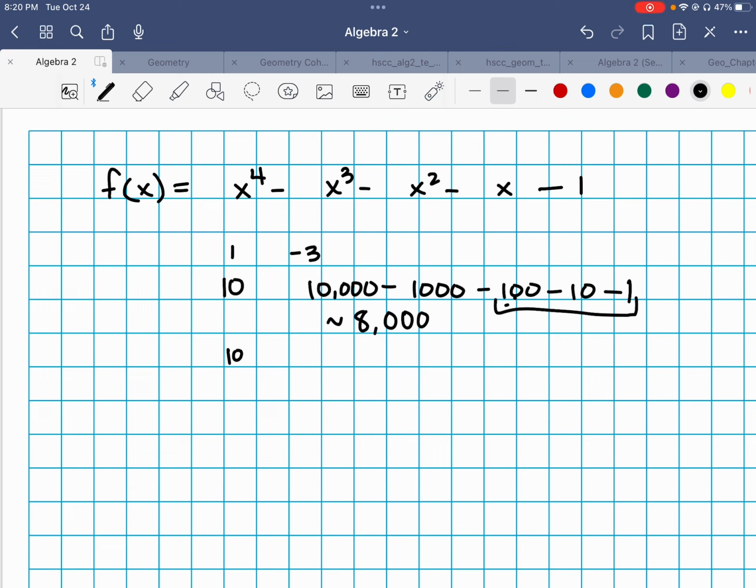So we plug in 100 now. And when we plug in 100, what we end up getting is, I have no idea. I'm just going to write a bunch of zeros until I get the right number of zeros in there. And then we'll say what that value is. Oh my God, that's 100 million. So 100 to the power of 4 is 100 million. And then we're going to subtract